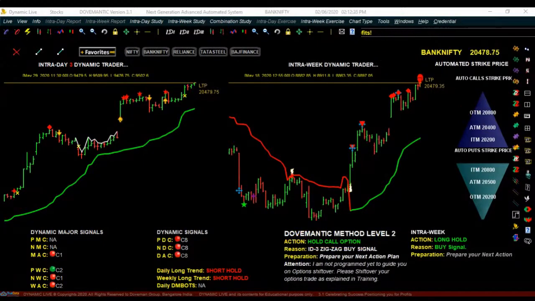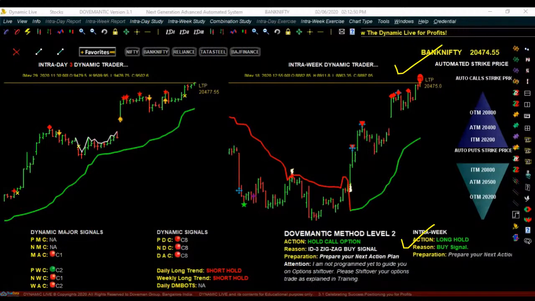Similarly, if you want to master futures trading, when the action is written as buy long act now, just make a phone call and tell them Bank Nifty futures buy long act now. They will understand the language and they will simply place the order. You don't have to worry. And later when it tells you sell short act now, one more phone call, you tell them Bank Nifty futures sell short act now. They will simply place the order.